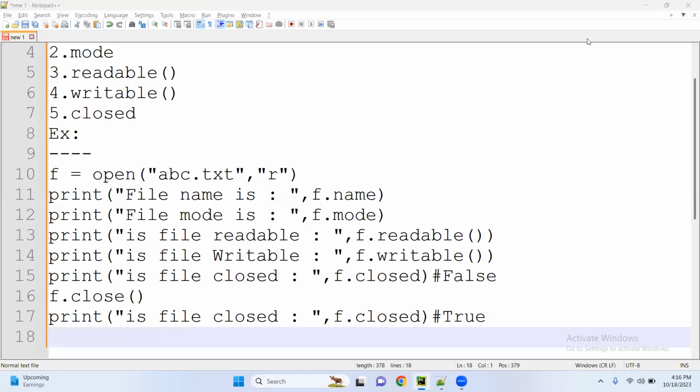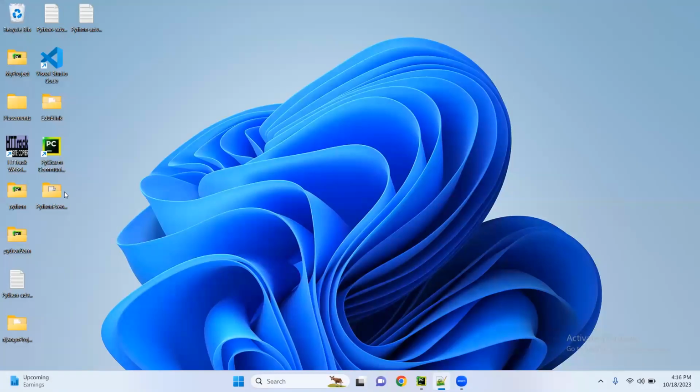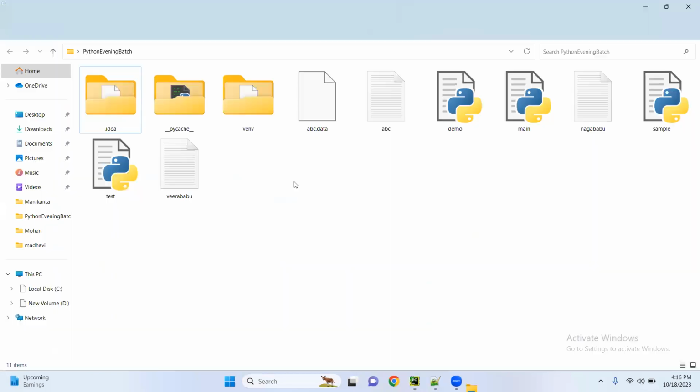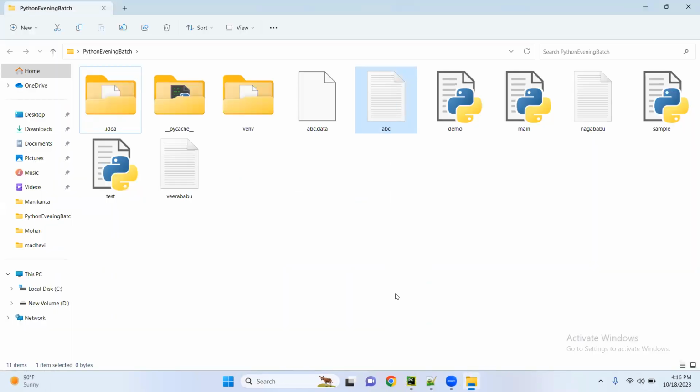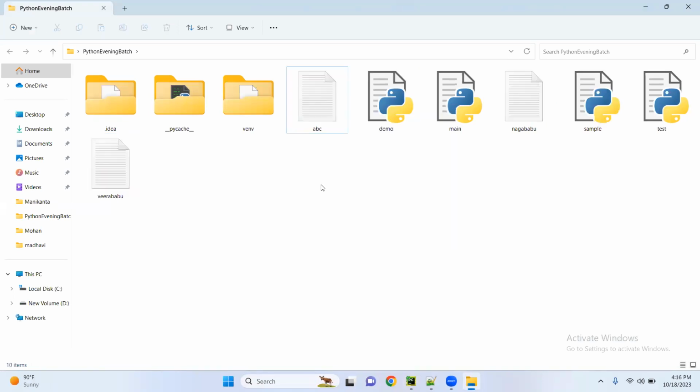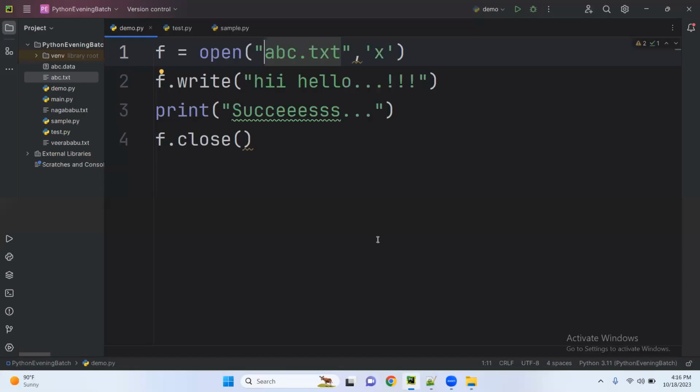If you want, you can check in our location. Go to the location Python evening batch, and there you can see abc.txt. I'm deleting this file. This is object data. So now you can see abc.txt is there now. So now you can run this code,